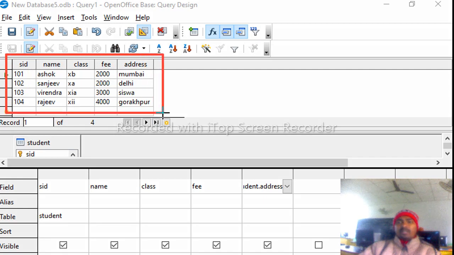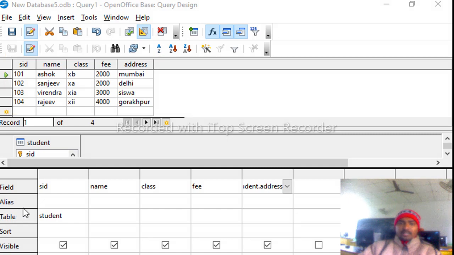Now next point is aliases. We can see here the next point is aliases. What is the meaning of aliases? This is an alternate name for the SID. I want to display student roll number instead of SID.